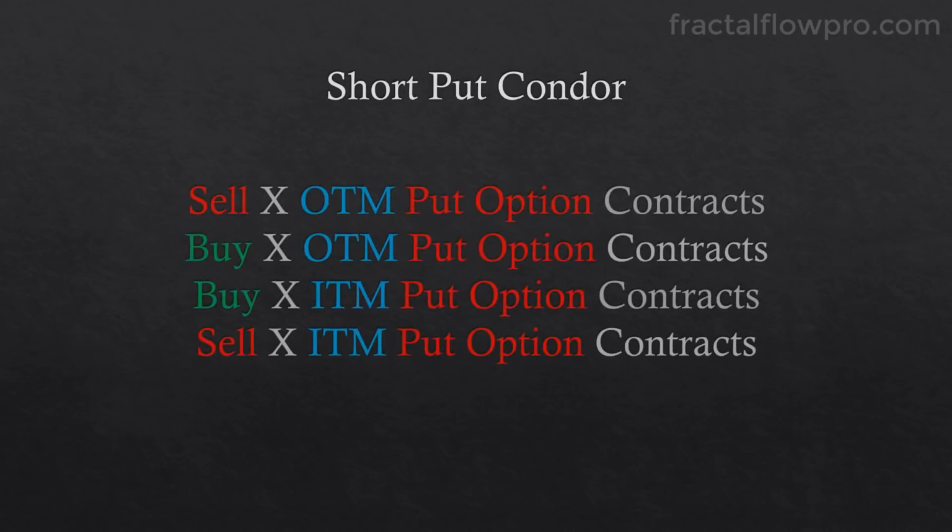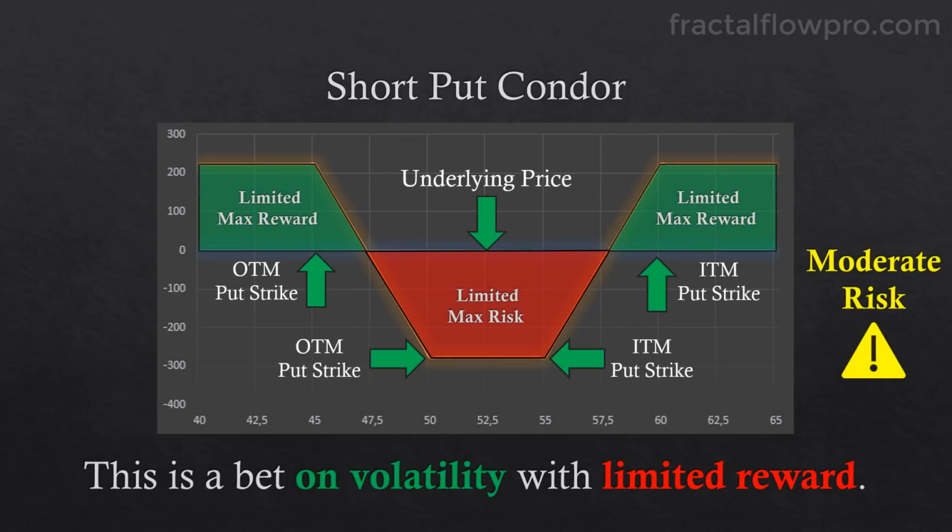The short put condor is exactly the same strategy as the short call condor, but it's entirely done using put option contracts. So it consists in selling X number of out-of-the-money put option contracts, buying X number of slightly less out-of-the-money put option contracts, buying X number of in-the-money put option contracts, and selling X number of deeper in-the-money put option contracts. In terms of payoff, we have the long put condor upside down, which means that this is a